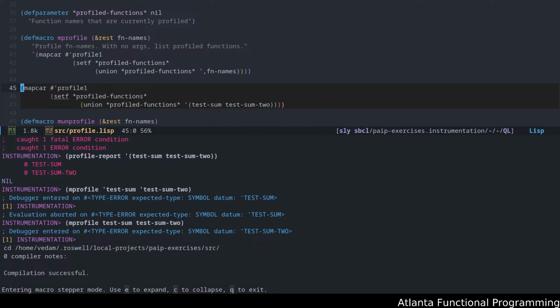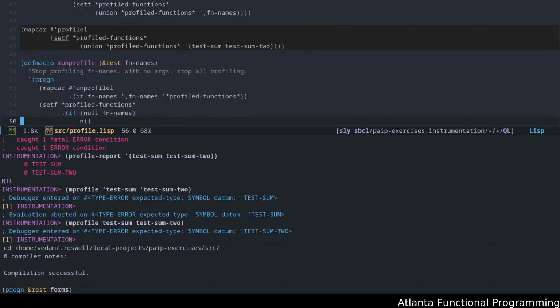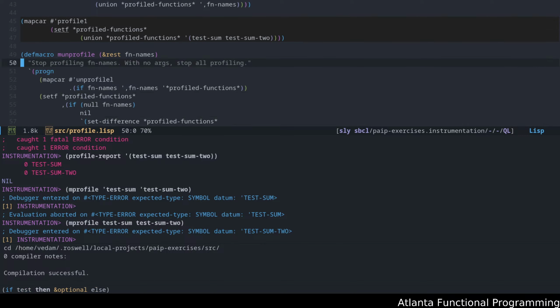Okay, so we did set union profile functions. And when profile function 1 gets this guy, it's getting,